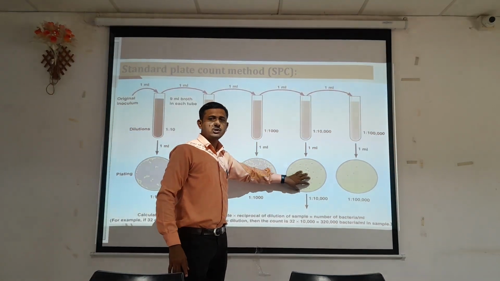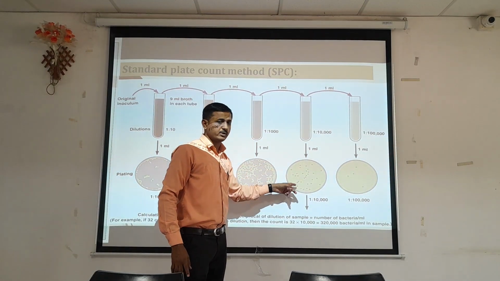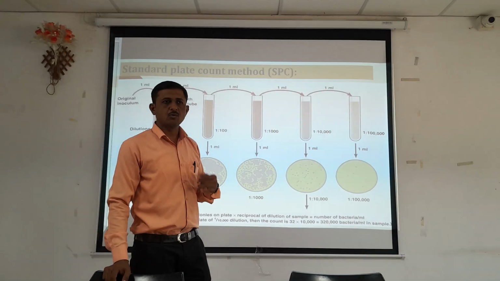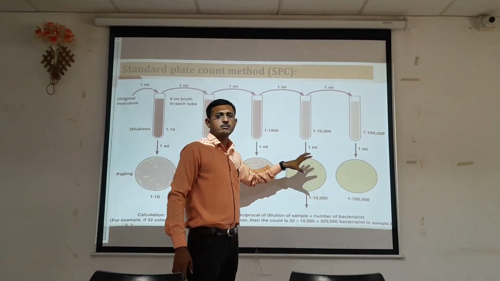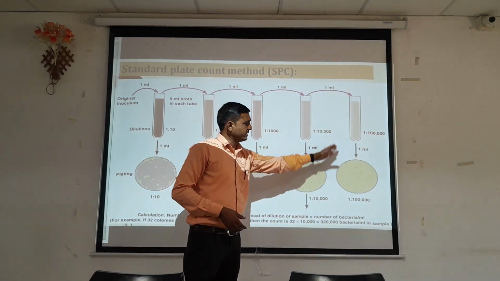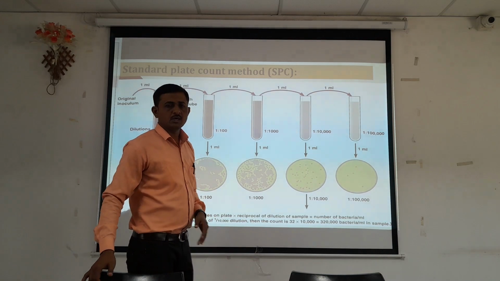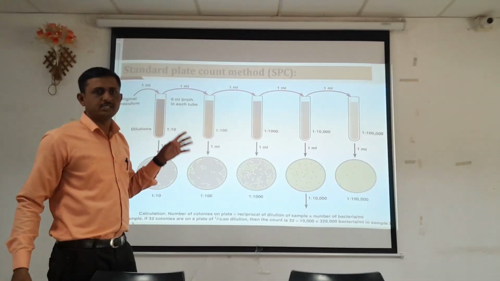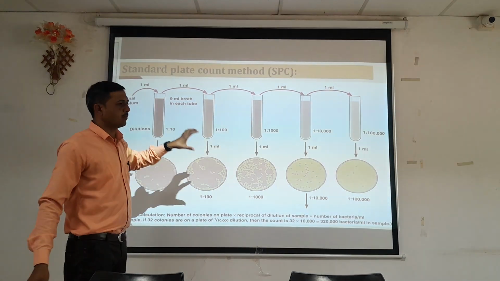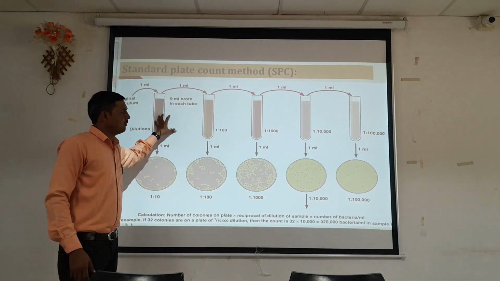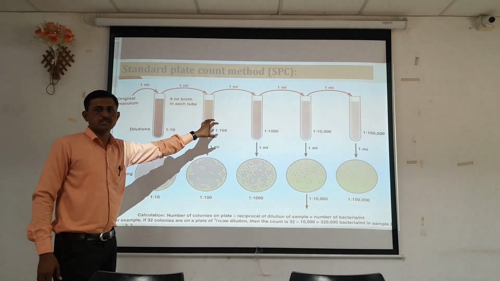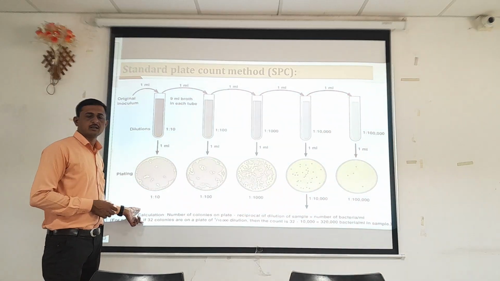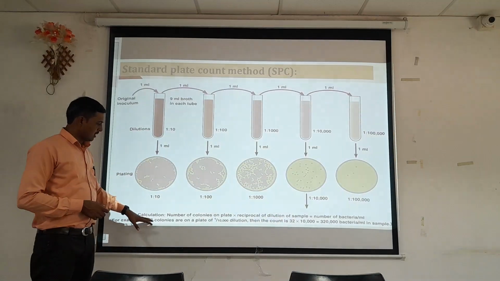In the case of the fourth tube, we can observe well separated and isolated colonies, and these colonies can be counted, or we can count that plate by using a colony counter. As the dilution increases, we can see how the dilution affects the viable count present in the water sample. That's why, for proper countability of the organisms, we follow the technique of serial dilution. After the dilution, we count the bacterial count by using this formula.